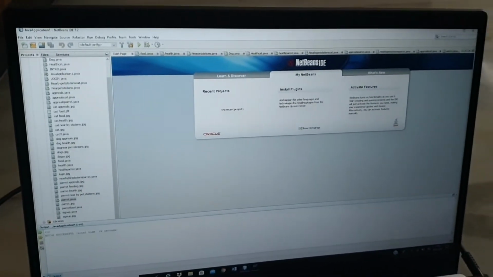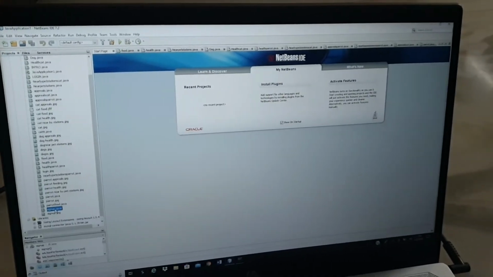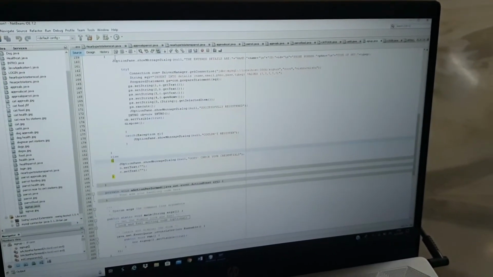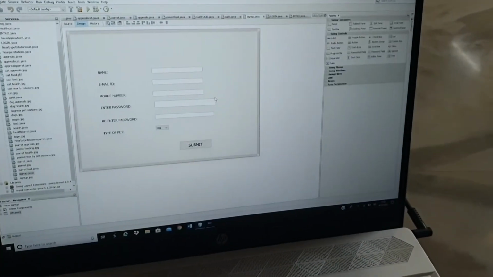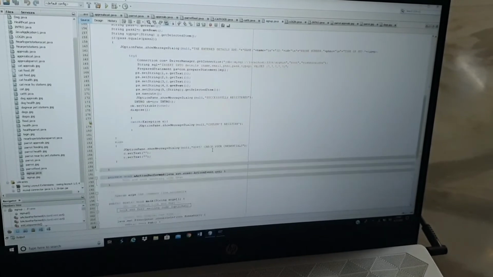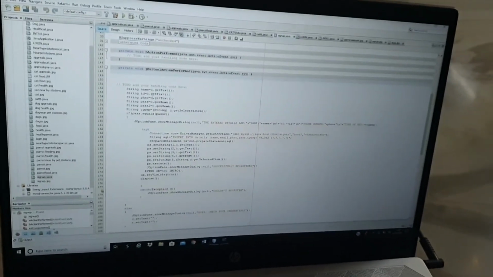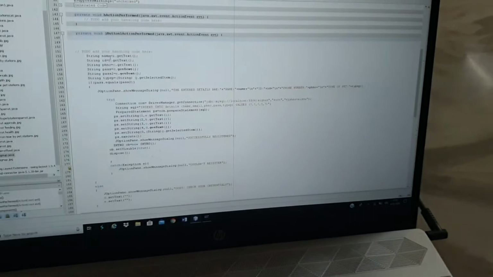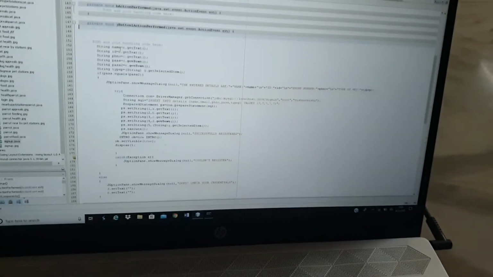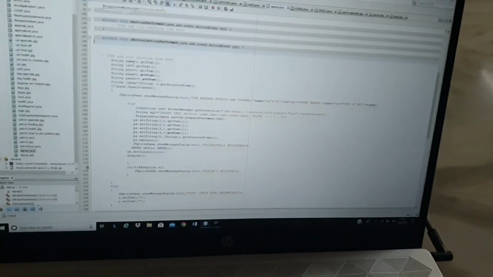So, in my sign up program, in each component, the user will enter the details, and each detail given by the user will be taken in a variable.